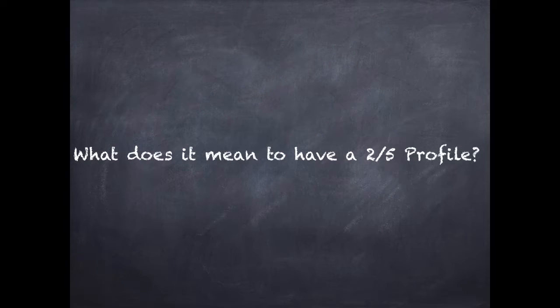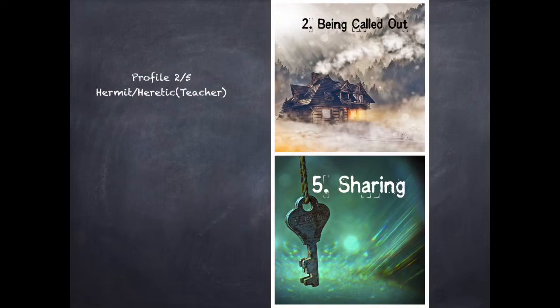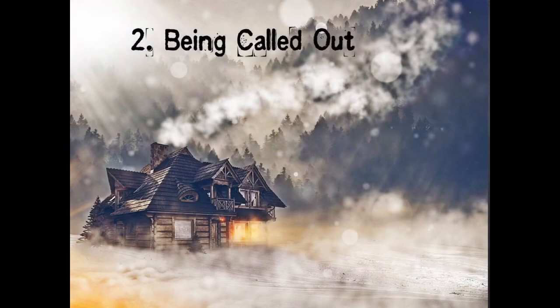So what does it mean to have a 2.5 profile, and how does it affect your character? The Profile 2.5 is made up of the lines of the Hermit and also the Heretic, also called the Teacher. When someone has the second line in their profile, that's usually somebody who likes to be alone, and they can also be shy. And when it's combined with the line 5,